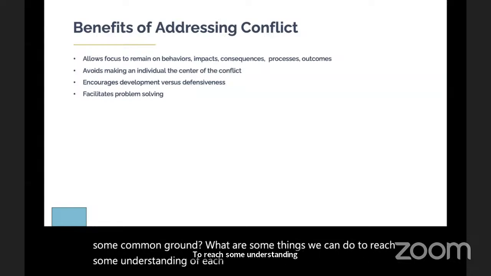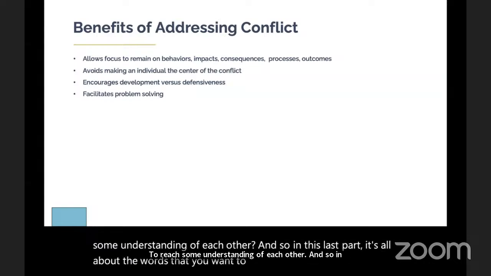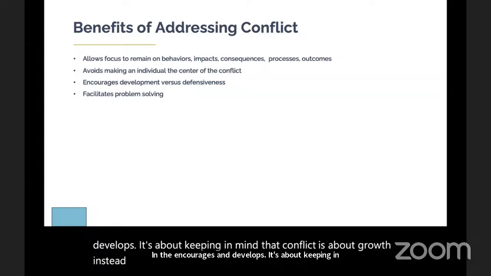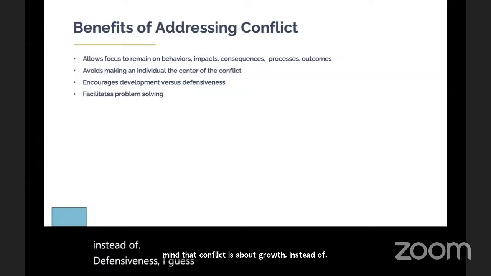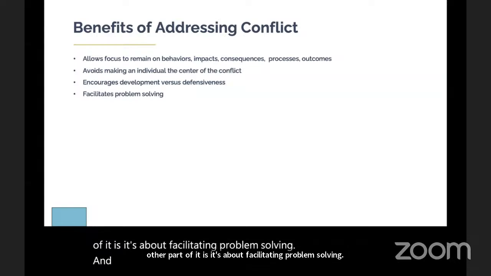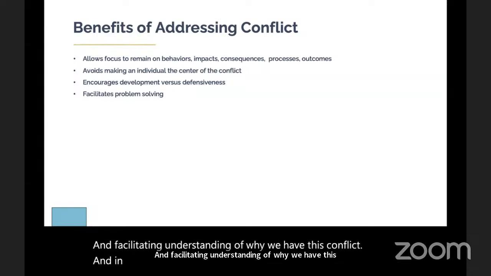And so in this last part, it's all about the words that you want to use. In the encourages and develops, it's about keeping in mind that conflict is about growth instead of defensiveness, I guess is the best word to use. And the other part of it is it's about facilitating problem solving and facilitating understanding of why we have this conflict. And in that, you also want to practice what's called normalization